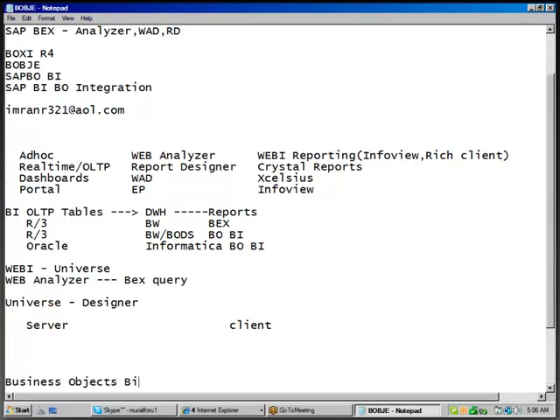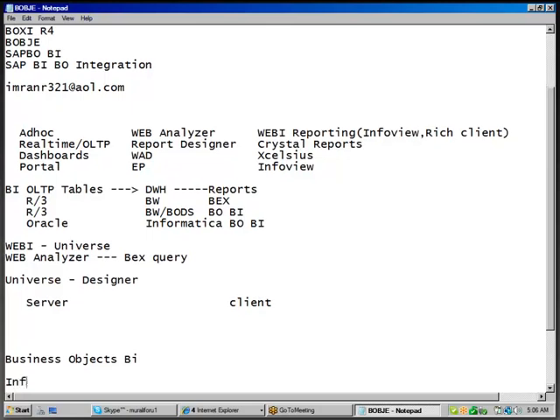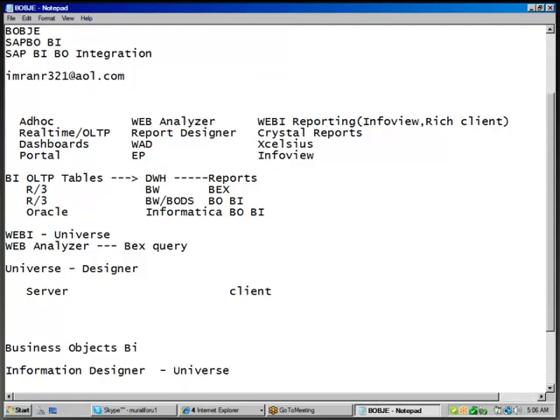In Business Objects BI, we are going to learn Information Designer, this is for creating a universe. I'll tell you later what a universe is and why you need a universe. And WebI reporting, WebI reporting by using WebI Rich Client.